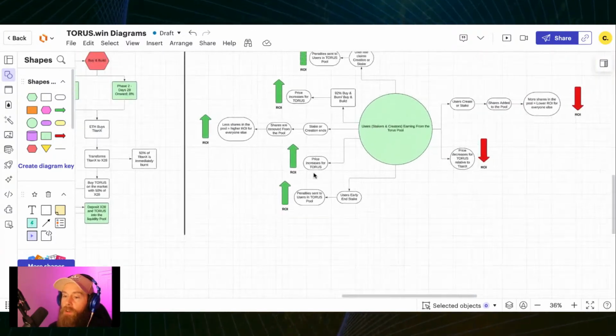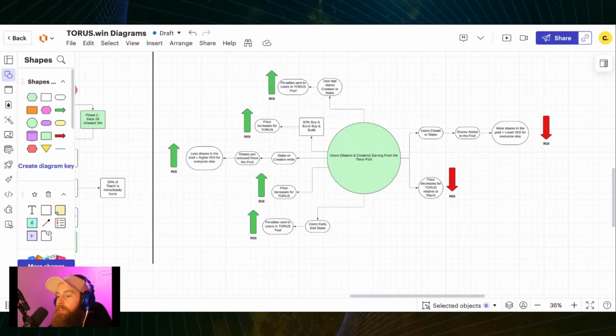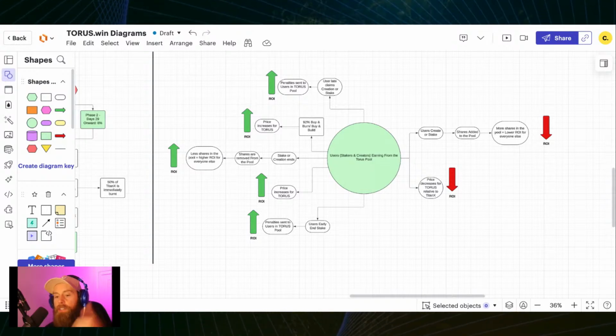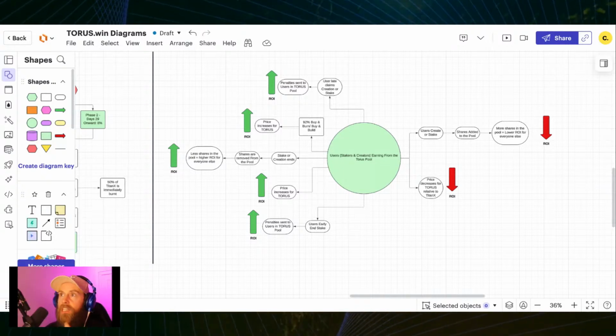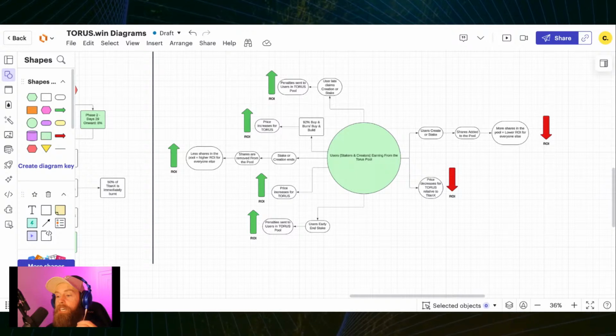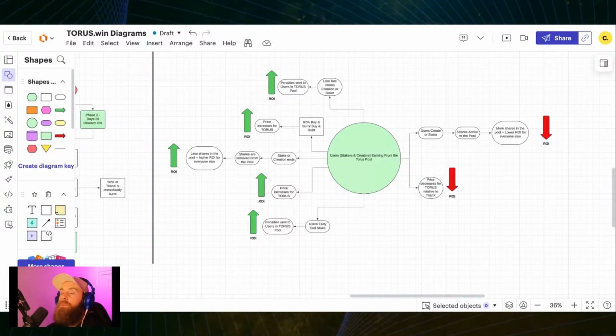There's a lot going on with TORUS, but I hope you guys are getting it. Every time a cycle stops, the ROI skyrockets again. Exactly like hash power. So TORUS can never be ignored, because when you're ignoring it, you are leaving an ROI on the table. When people are participating in it and things are going well, it replaces green candles with ROI.